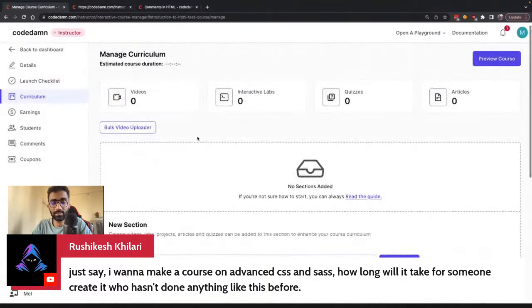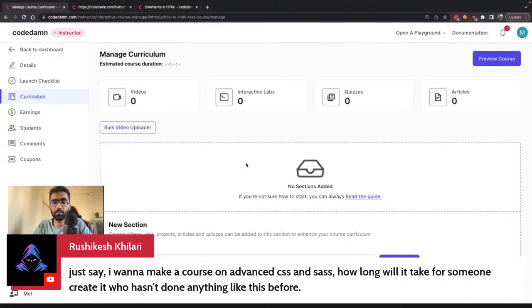I'm going to set up a lab and show you that this has a learning curve to it. It's not a simple way to set up a course. So I'm going to show you how this particular thing would work, and you have to invest at least 5-10 hours initially in order to learn it properly.